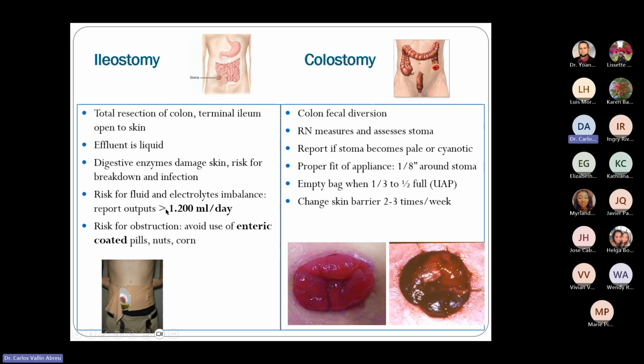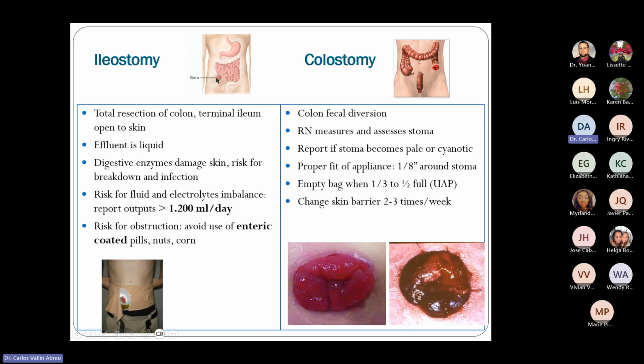Please, always when you have more than 1,200 milliliters per day of output in ileostomy, report that to the doctor, because medications can be used to lower the outflow of liquid. It's important that because the ileum is narrow, those clients need to be very careful with seeds, nuts, corn, pills, especially enteric-coated pills that are not dissolved in the upper part of the intestine, because they can produce intestinal obstruction